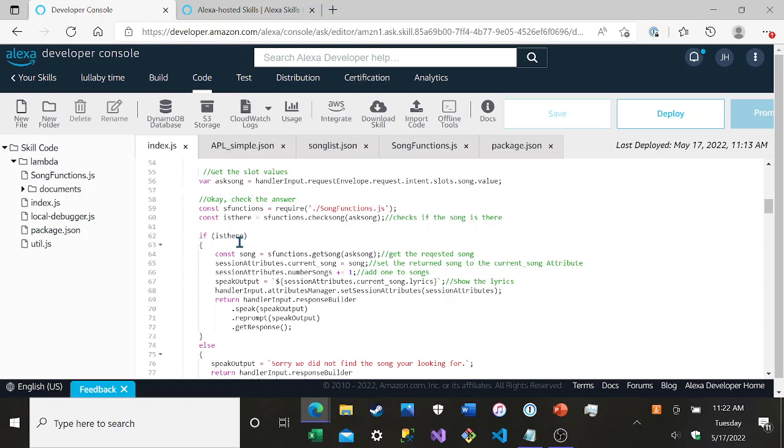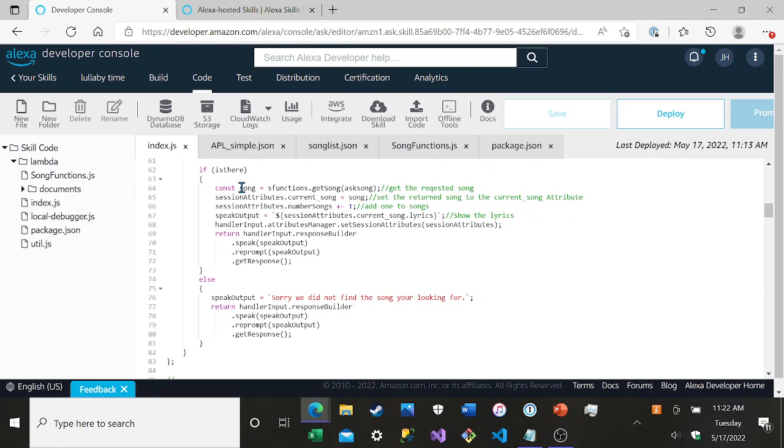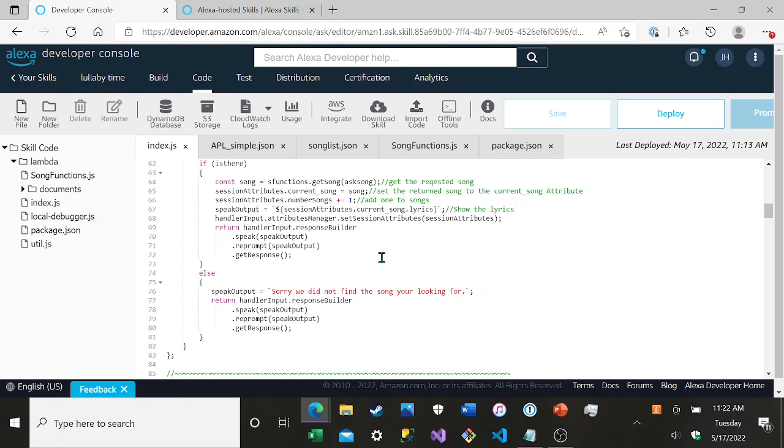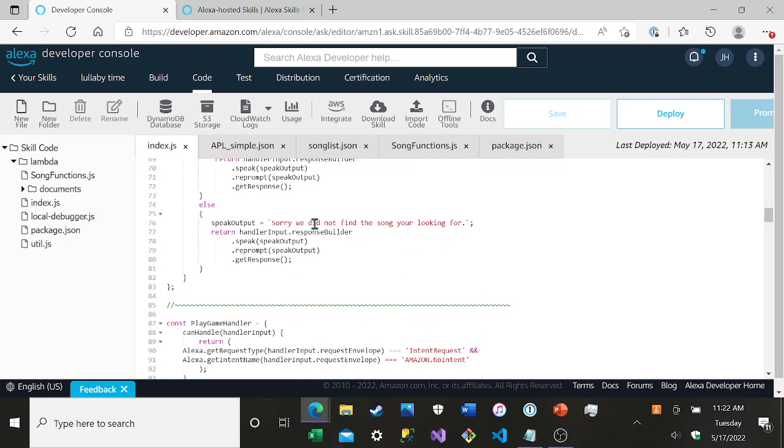And if it returns true, it will then go down, get the song, set the attributes, plus 1 to the number of songs, show the lyrics, and then return it. If not, sorry, we did not find the song you're looking for.